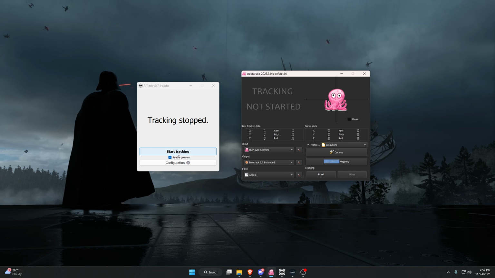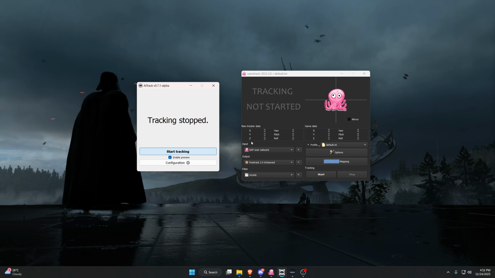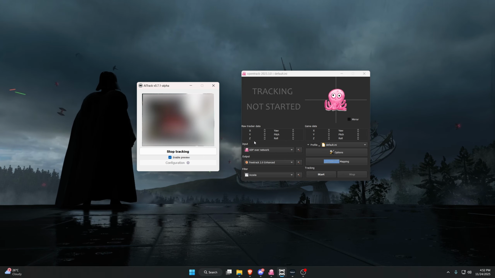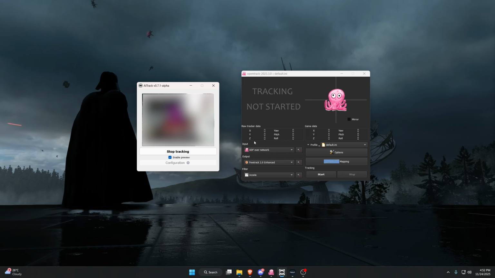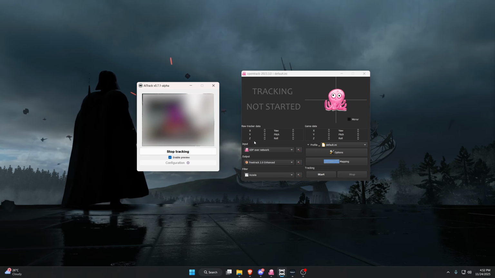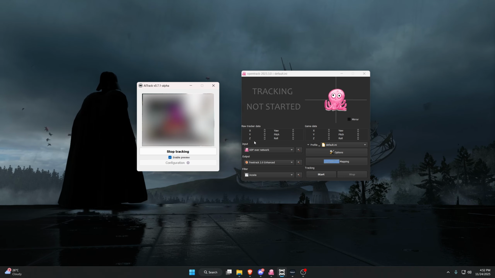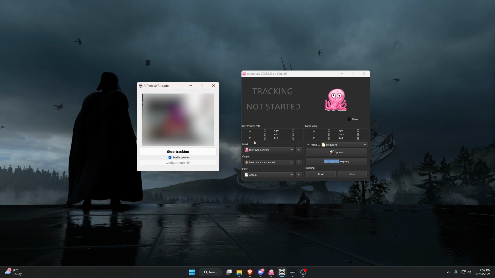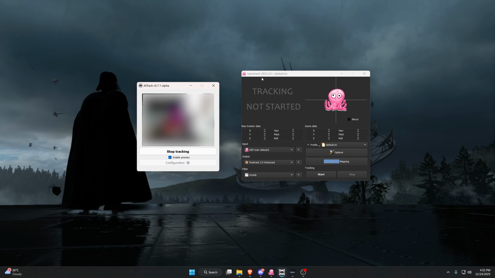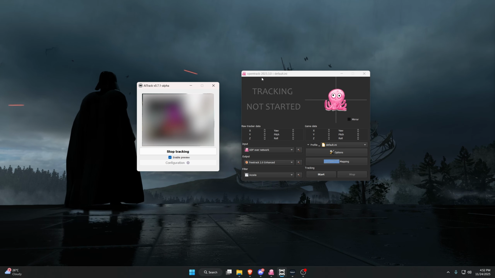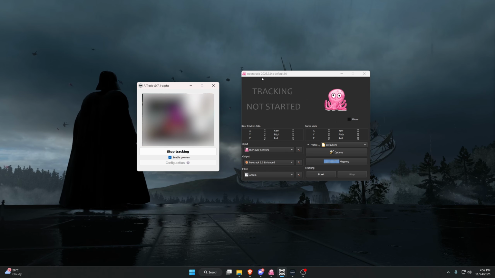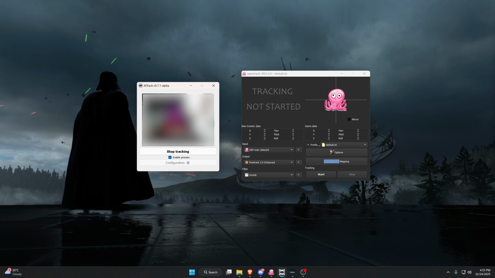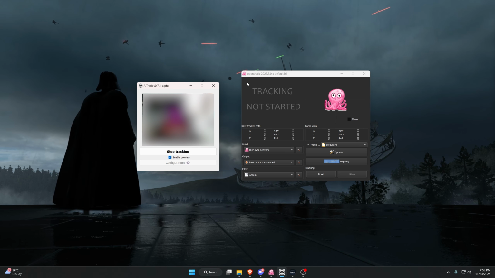So yeah, the one thing you need to have in mind is you need better lighting. That's the important thing. So I'm gonna blur out my face here because, you know what I mean. So basically, you don't want to be sitting in pitch darkness. It might not work. At least with my webcam, it doesn't work with pitch darkness. I've tried it, but you need at least some basic lighting. So the thing you have to keep in mind, if you're playing in a dark room, is just make sure it maps out your face right and doesn't turn off at times. It happens in darkness. So make sure that's on,